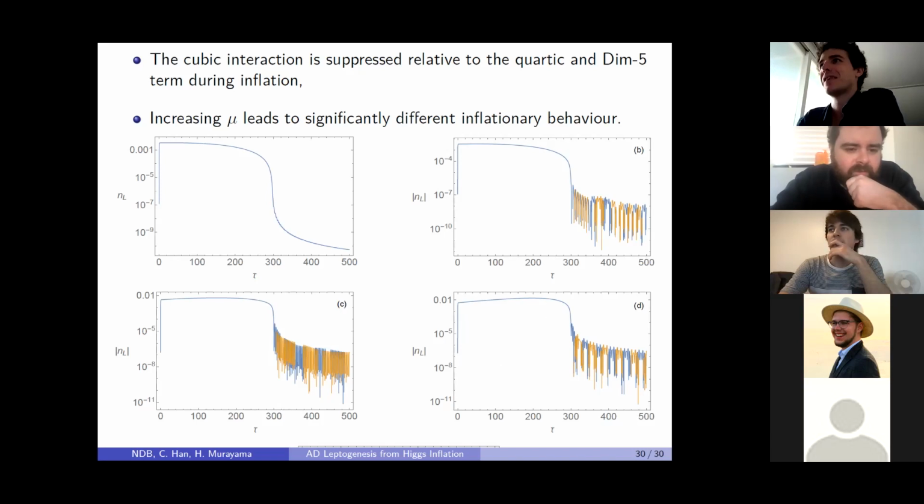But why do you have to have this mu parameter? This was the cubic term, right? The h squared delta. Yeah, that's the cubic term, so it should be there. What size it is is somewhat of a free parameter. I guess you would expect its scale to be somewhat related to the other couplings and the mass scale of delta, right? Yeah. And of course, in choosing a small mu, we also choose a very small lambda 5, because we're assuming that the high dimensional term comes from there. So yeah.